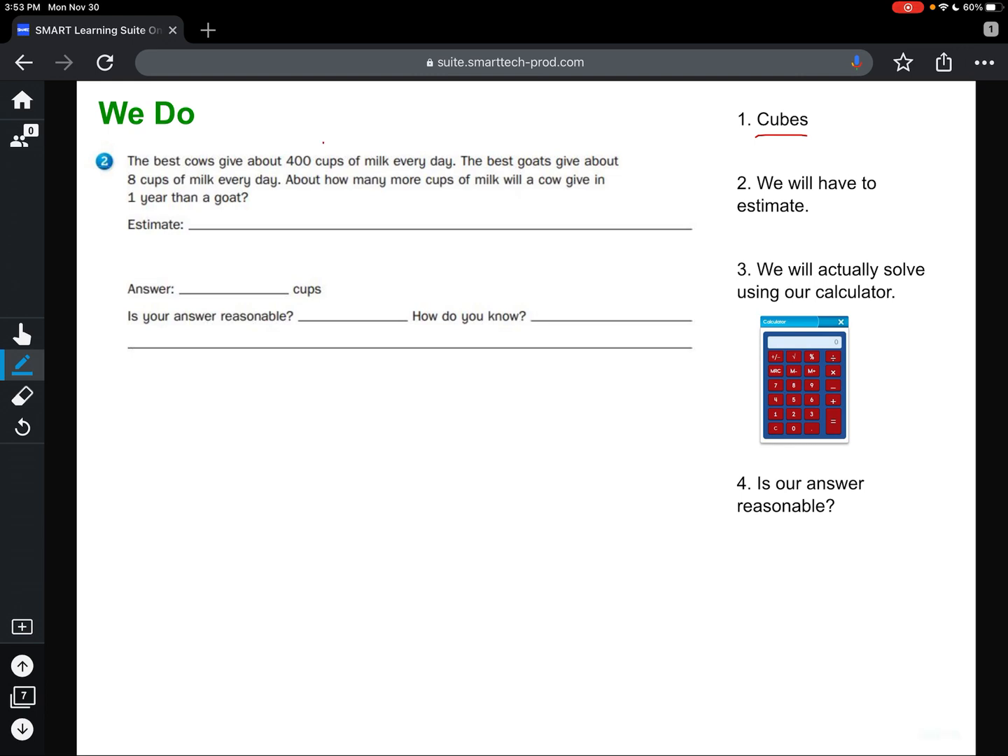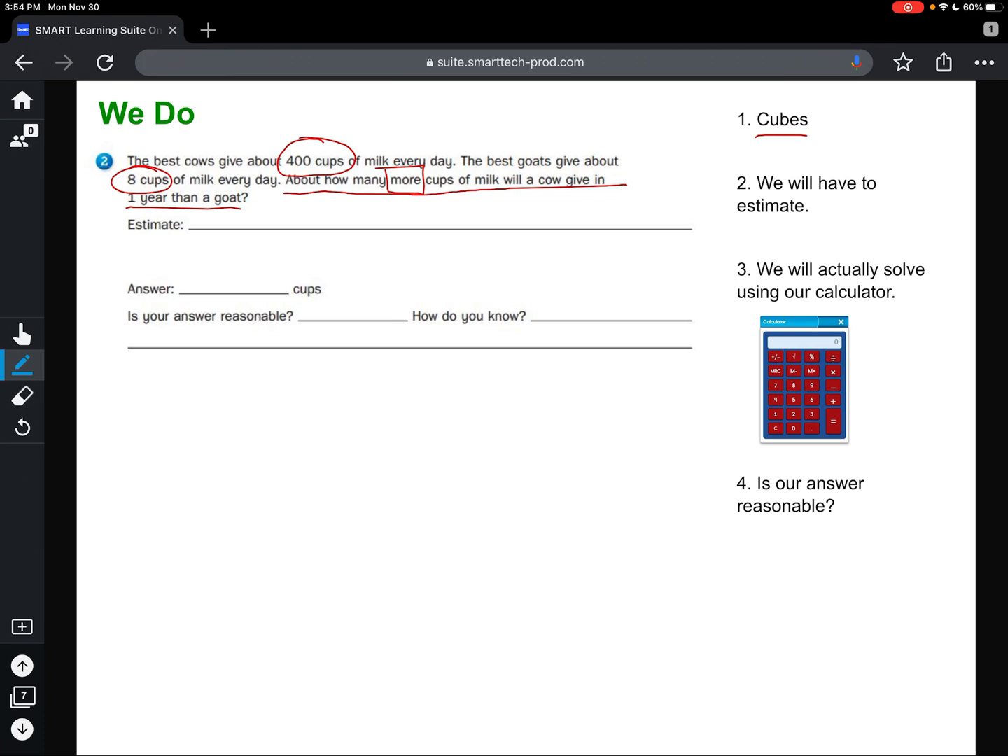The best cow gives about 400 cups of milk every day. The best goat gives about 8 cups of milk every day. About how many more cups of milk will a cow give in 1 year than a goat? I underlined my question. What's my action word? More. That tells me I'm comparing the cow's milk to the goat's milk. Now I need to evaluate and make my